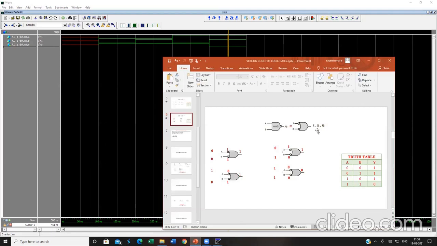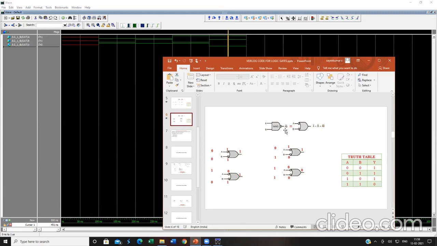So, negative logic OR gate and positive logic NAND gate, both are functionally equivalent. This proves your De Morgan's theorem. What does it say over here? AB, the whole bar is nothing but equivalent to A bar plus B bar. That means the AND operation is converted into OR operation over here. It is AB.